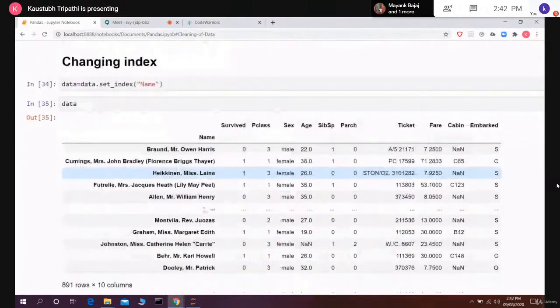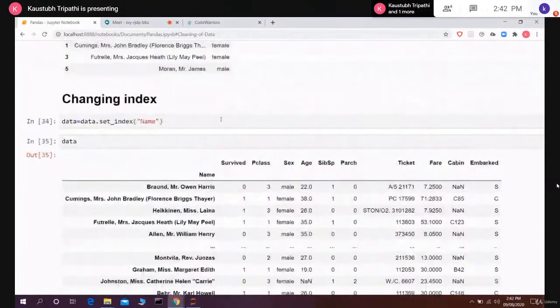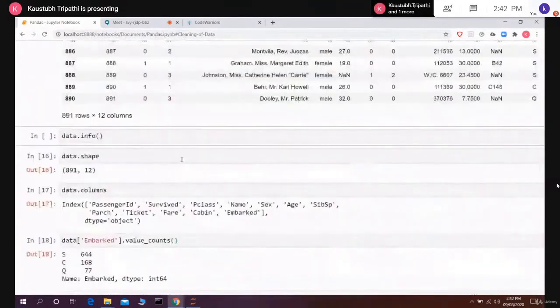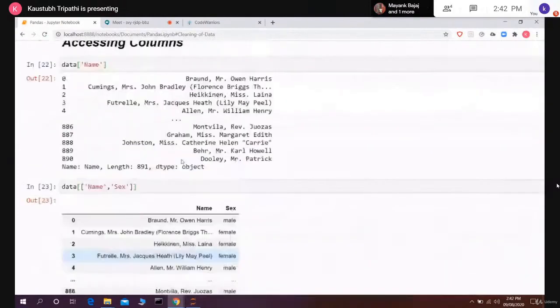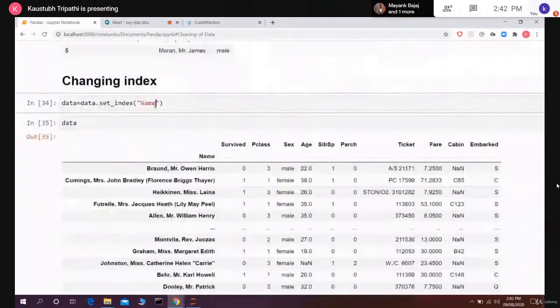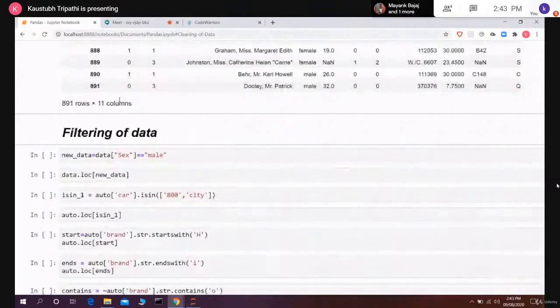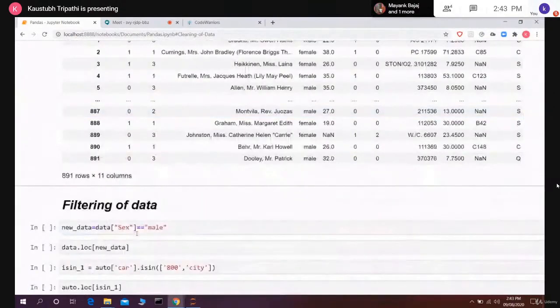So you see here it becomes 891 rows and 10 columns. Keep that in mind. That's why I again imported my data and ran it. It is completely good. In the index section, I can remove the passenger ID if I want, but there is right now no point in it. Now if you see, passenger ID becomes my index over here, and the main index is removed from the data frame. So this was working with the indexes.